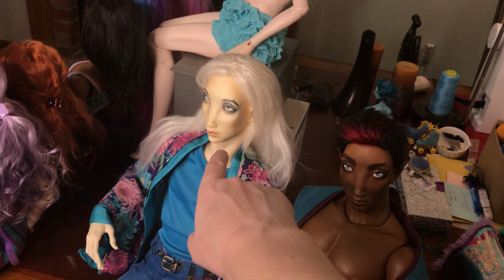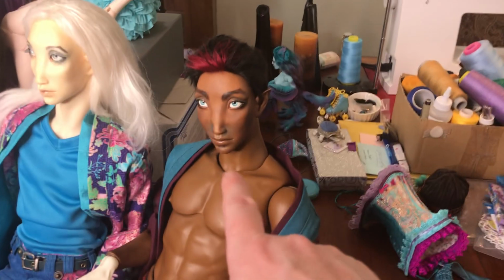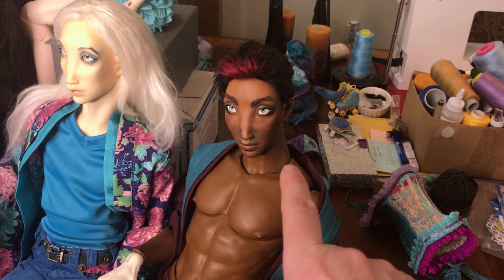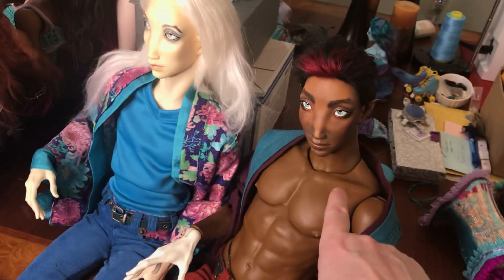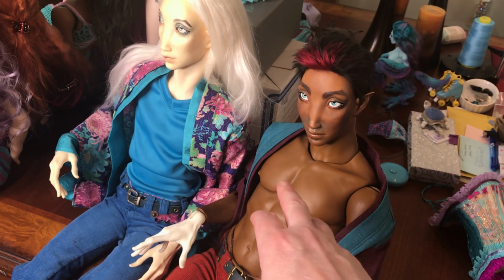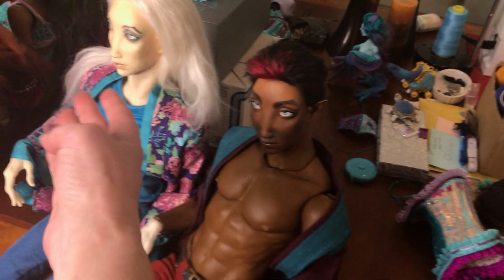They're both casted by Dolce. This one was a white skin that I blushed to match a normal, pink skin. And this one was my biggest accomplishment face-up wise, because he was in the Oriental resin, which is like the normal skin. And I ordered this body for the head in tan, not realizing that it was going to be this dark. I just know when I opened that on the video I have this look of shock on my face, like, oh no, because I had this head that was like this,